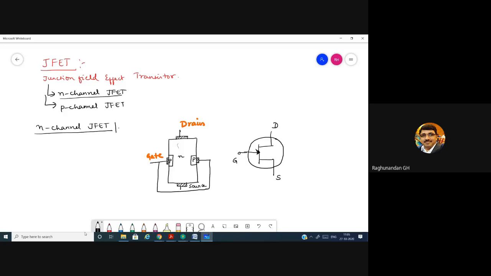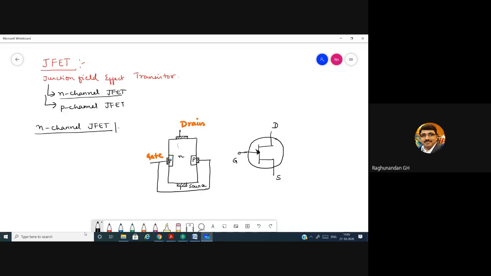The working of N channel and P channel JFET, construction is similar, but wherever you have N you have to replace it with P, and wherever you have P you have to replace it with N. So now let us go for the working of this. This is the construction. You'll be taking an N-type material slab and you are going to embed two P-types on either side. After that, you are going to insert the ohmic contact for the connection purpose. This is how we are going to construct.